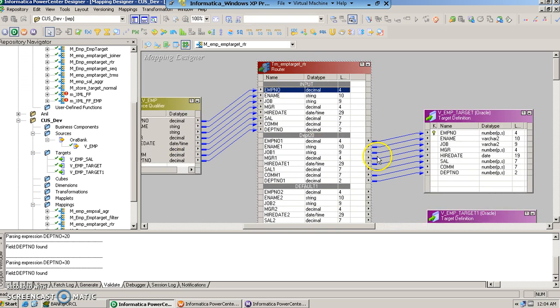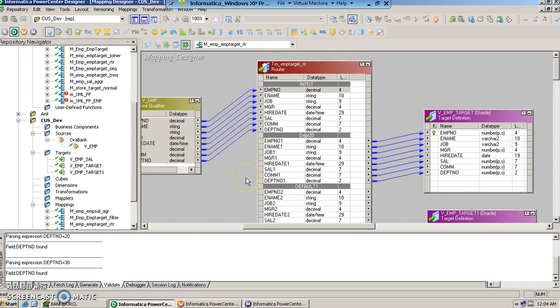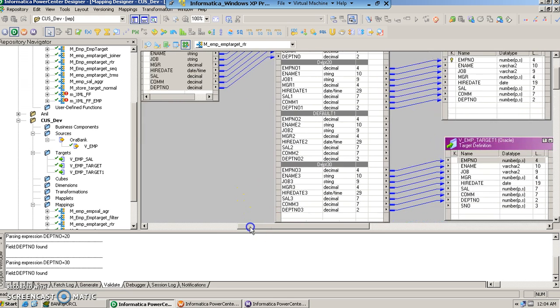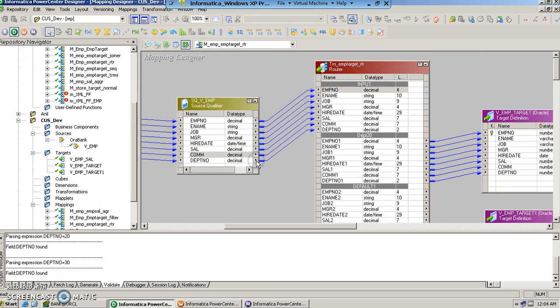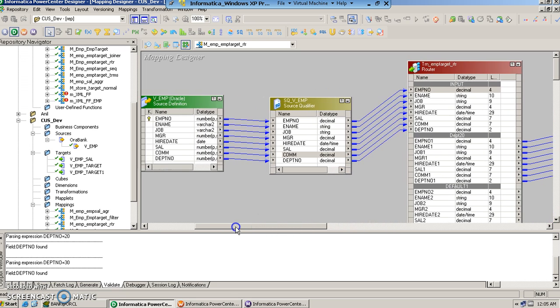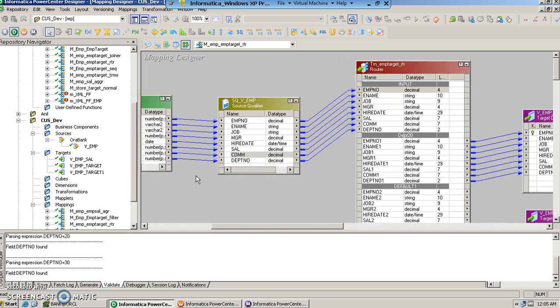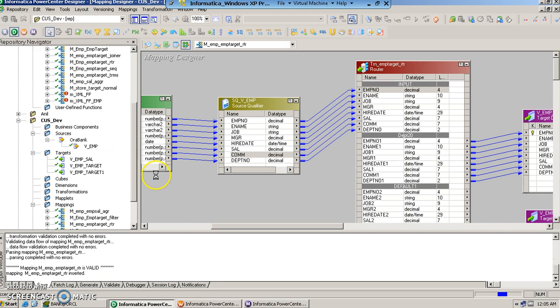If we want, we can even create another target and connect it to the default group. It purely depends upon the requirement: what data do we require in the target, and how do we want to structure it? Once all the necessary designing of the source, source qualifier, transformation and targets is done, we save this mapping designer window,